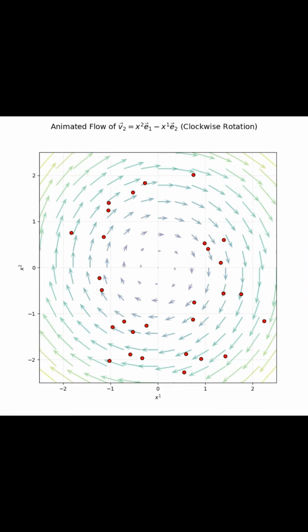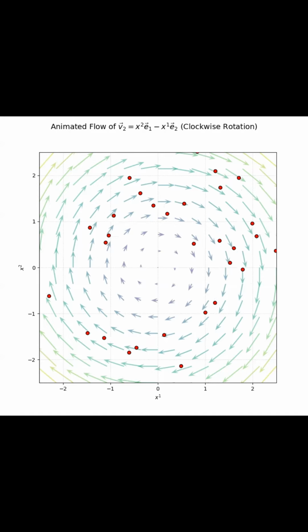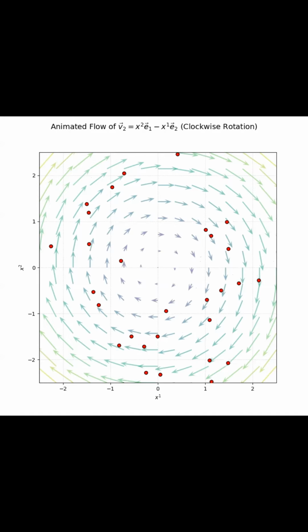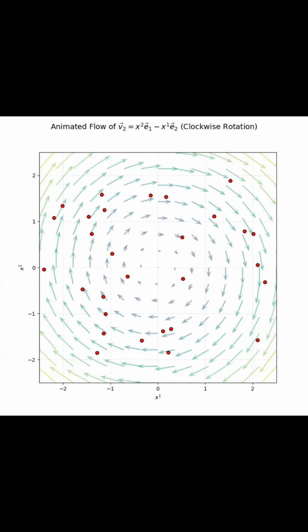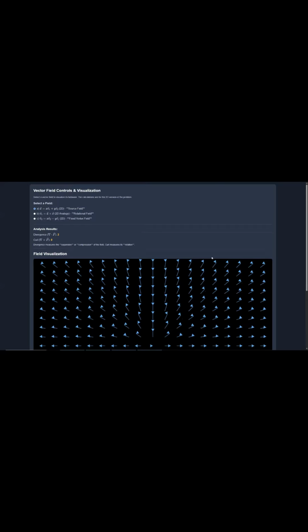To understand these fields, we look at two primary characteristics: how much the field is expanding and how much it is twisting. Divergence acts as a measure of source or sink behavior at any specific point. If a field has positive divergence, it is expanding outward, much like air being pumped into a room. If it has negative divergence, it is being compressed. A stable, or incompressible, flow has zero divergence, meaning the amount of stuff entering a region is exactly equal to